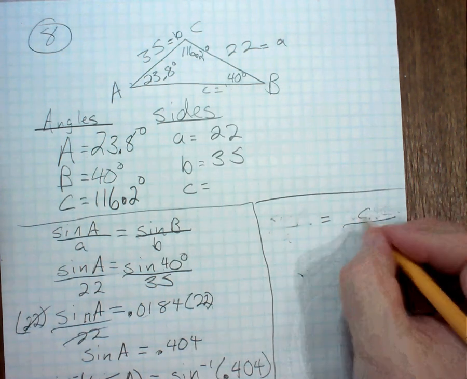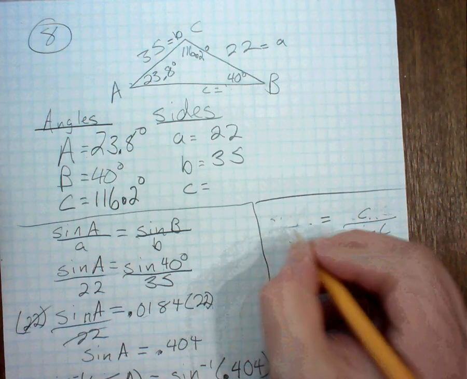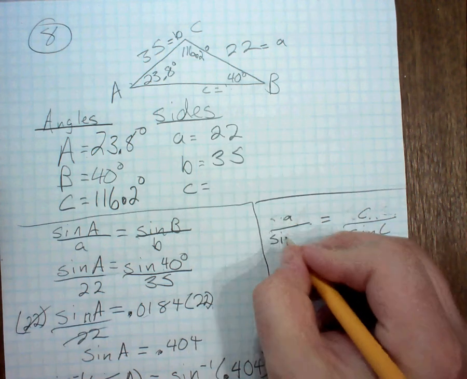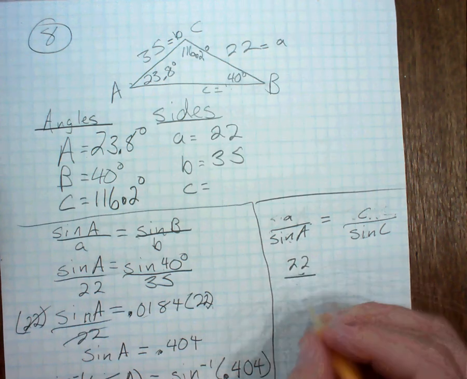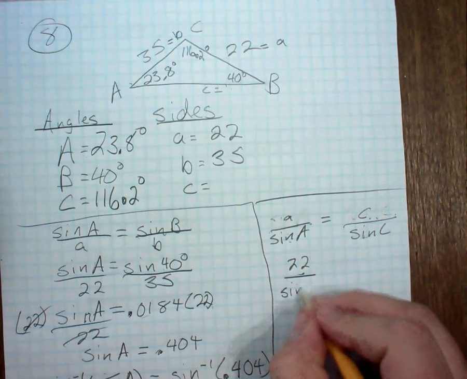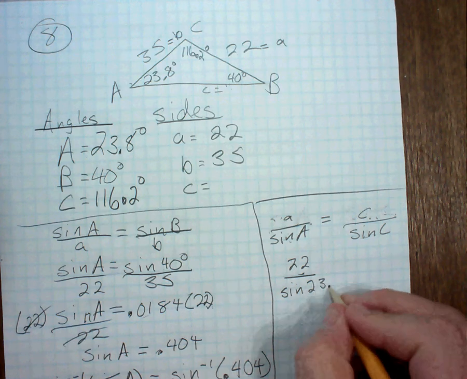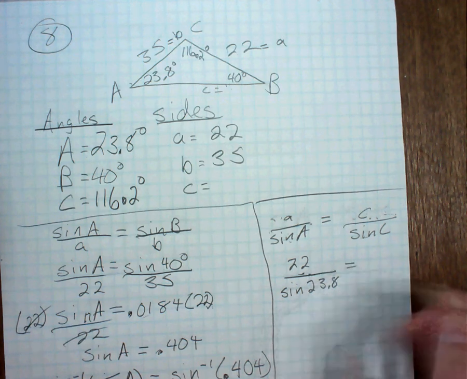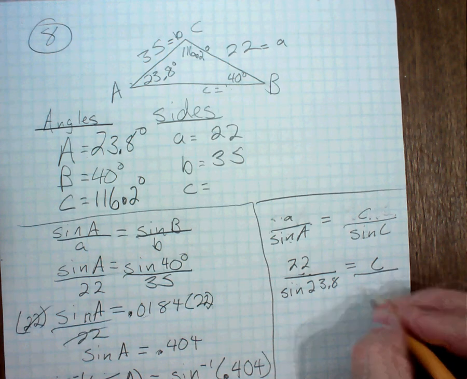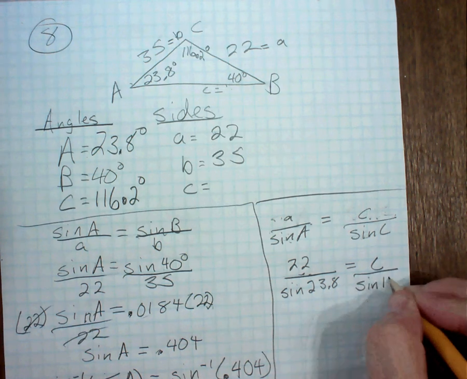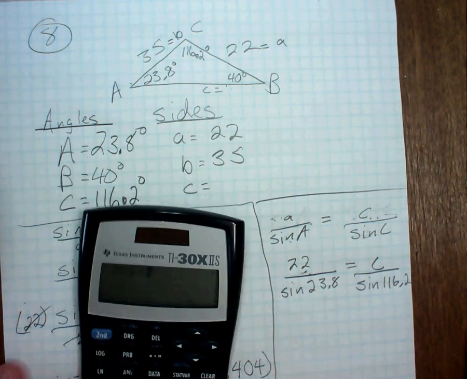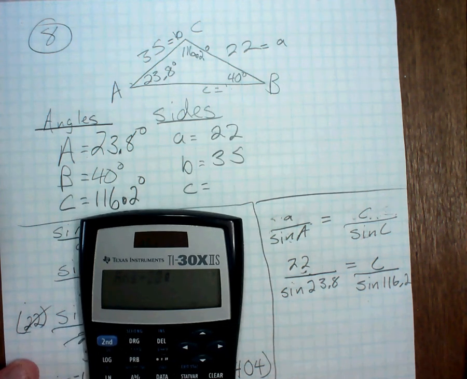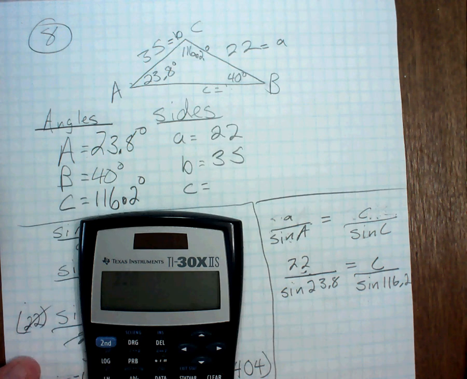So if I say c over sine of C and lowercase a over sine of capital A, then I get 22 over sine of 23.8, and that's equal to c over sine of 116.2. So now I'm going to do some plugging in there. I'm going to say 22 divided by sine of 23.8,